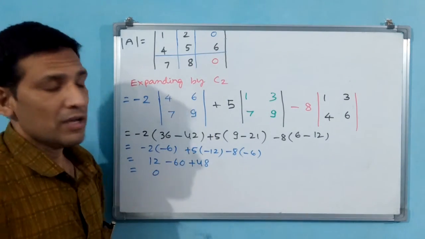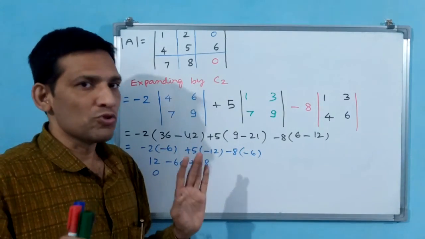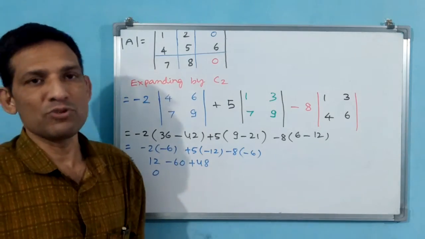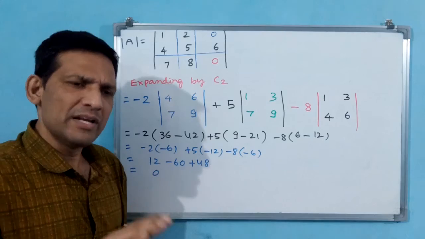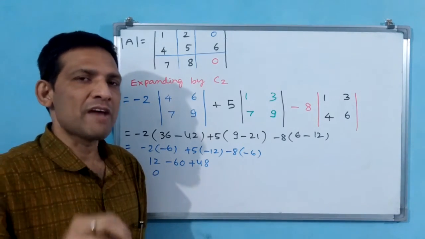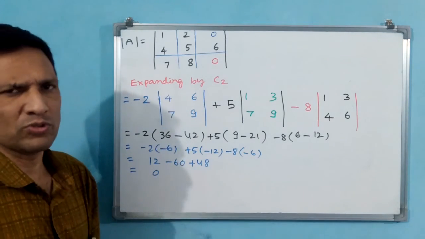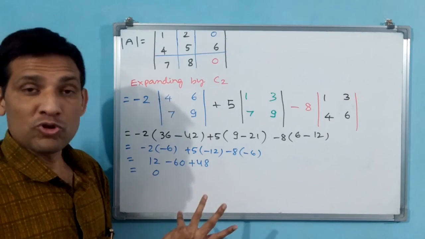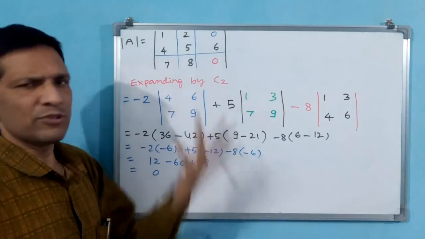That means see whether it may come 1 0 or no 0 or 2 zeros. More than 2 zeros doesn't come. More than 2 0 means entire thing is going to become 0. That is not possible. Okay, that you have to keep. Normally concept says you prefer the column or row which is having more number of zeros. More number of zeros means here up to 2 zeros only. 3 zeros won't come. No 0 may come.